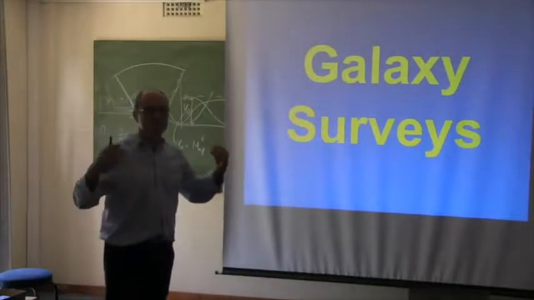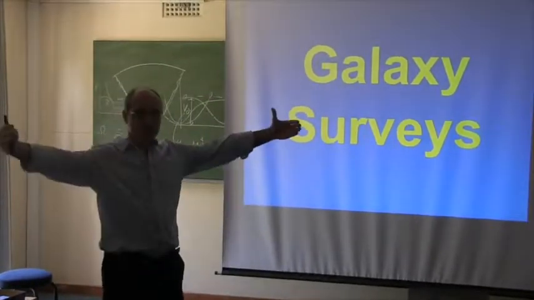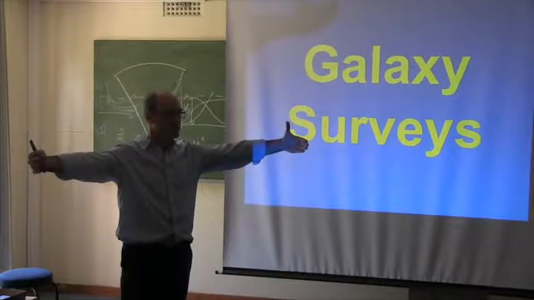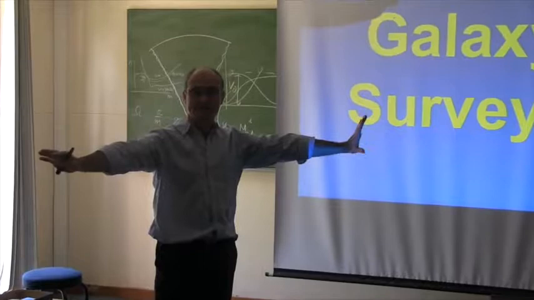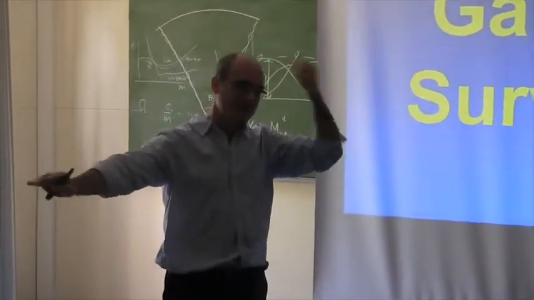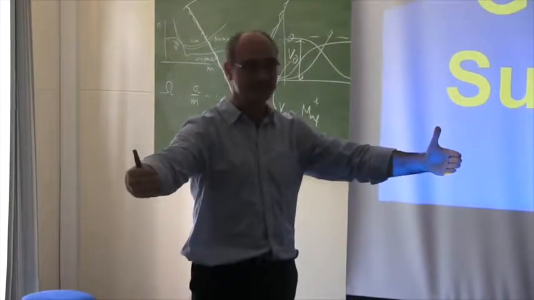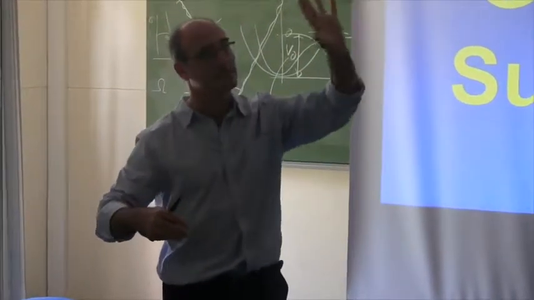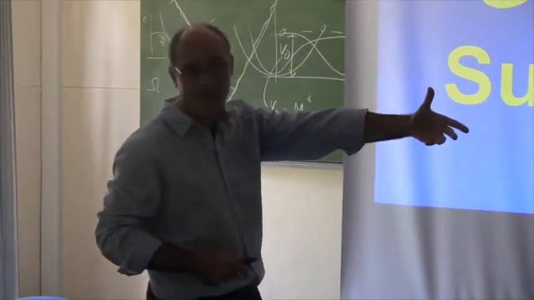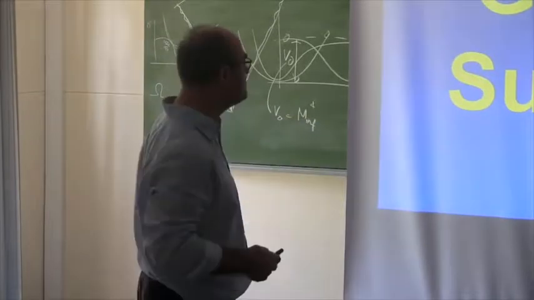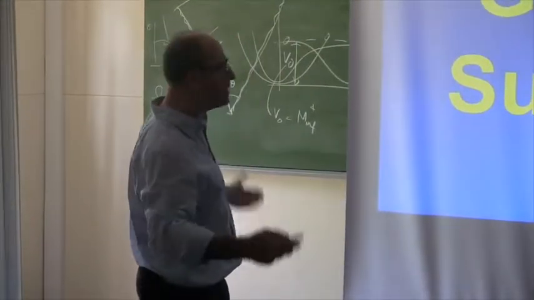So, what do you do? Well, you use surveys. What are surveys? Surveys are huge telescopes with high collecting power, which look in the sky, the largest area possible in the sky. So what they do is they use lenses in order to have a very large field of view, so that they can make photographs of the sky every night and cover a huge area. The deeper they go, the higher the redshift they can probe, and the better they can determine the distribution of mass in a larger and larger volume.